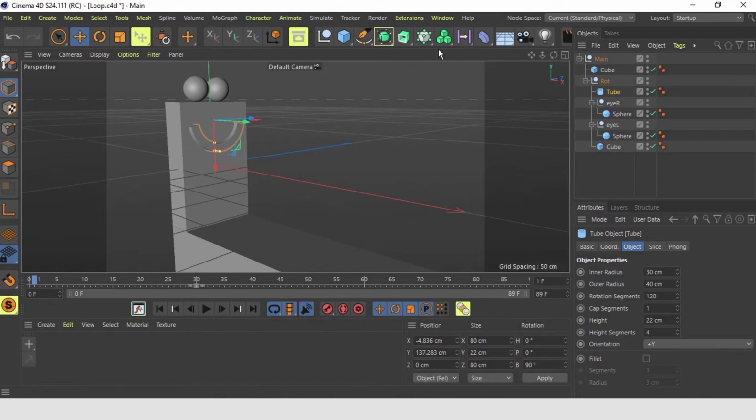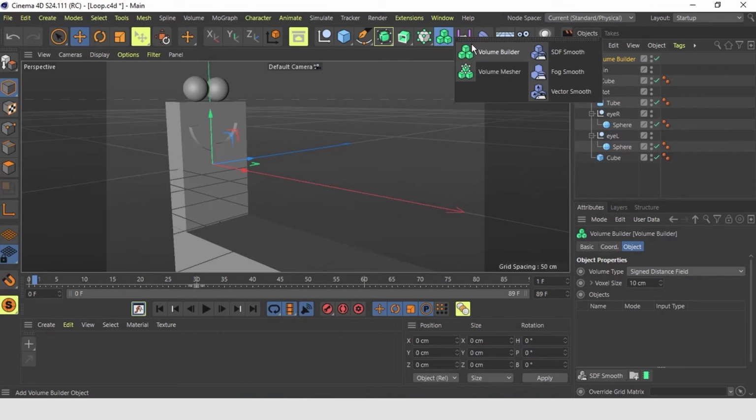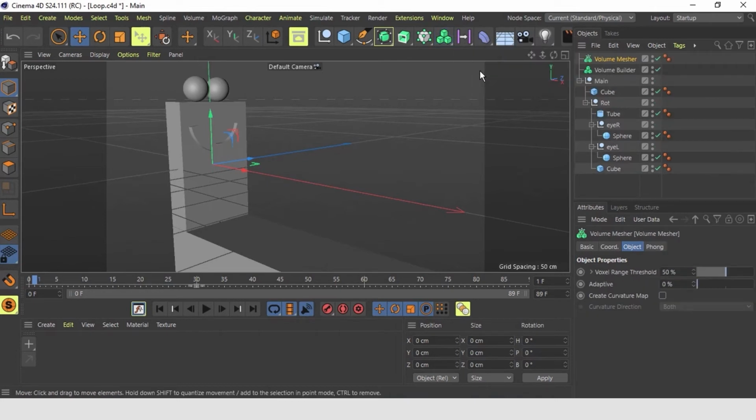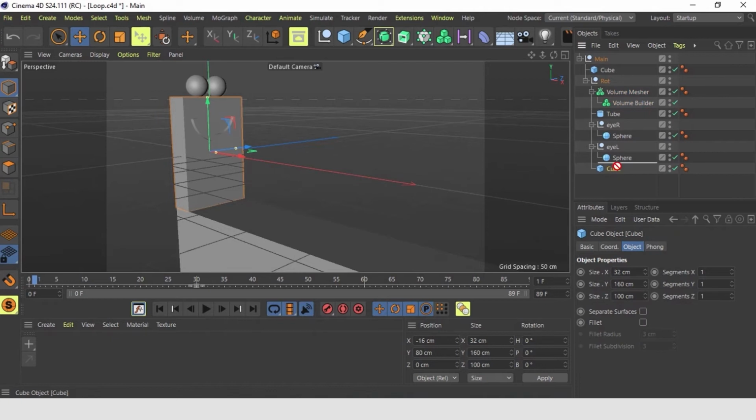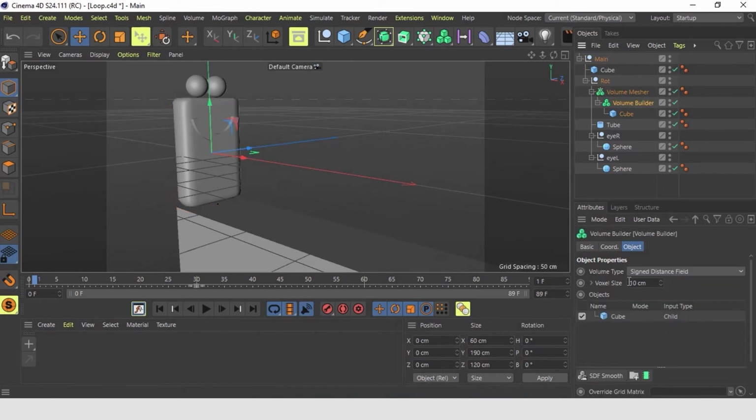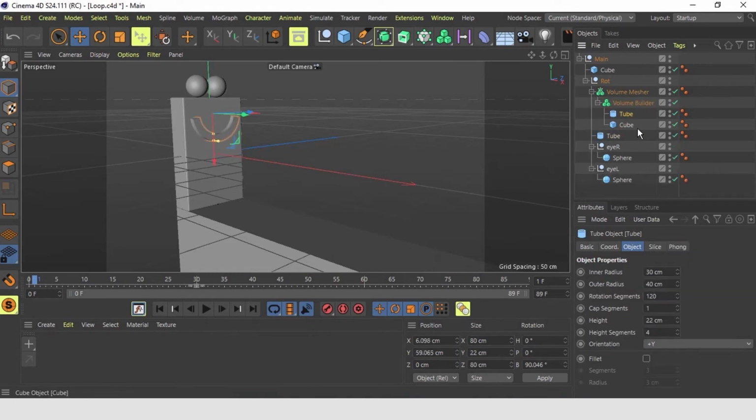Now let's look at the body. So we create a volume builder and a measure. We put the builder into the measure and this goes also into our rotation. Now we can bring our cube and put it into the builder and it's smooth. Let's go to the builder and put this into one. And let's also grab the mouth and place it into the builder.